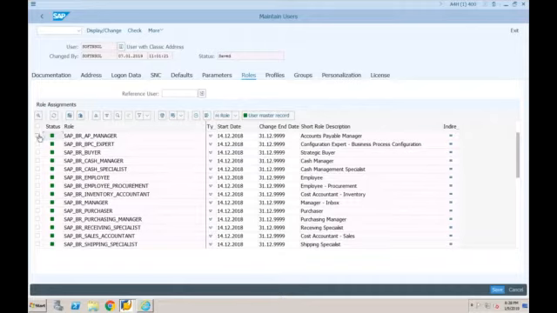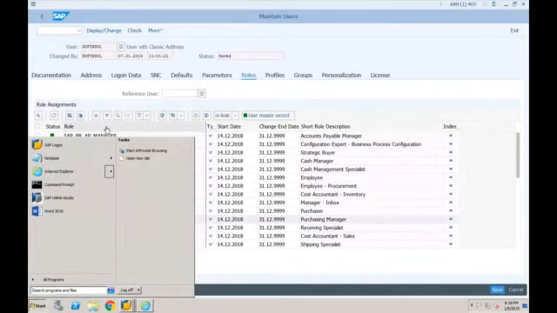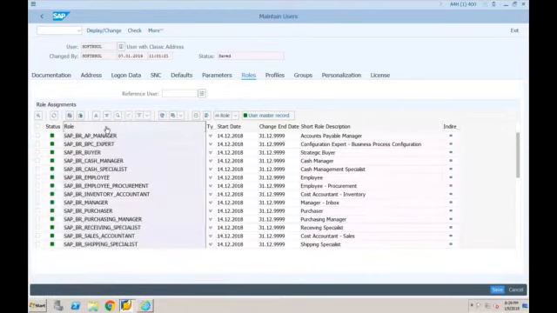So for example, I want to remove all of this. I don't want this AP manager, BPC expert. Okay, buyer, yes, let's say I'll go with buyer. Just a minute, why is it not allowing me to select multiple? Okay, so I want this buyer, or maybe this purchaser, and all others I want to delete. So all this plus, sorry, just give me a minute. I'm just trying to find out which button I should use.